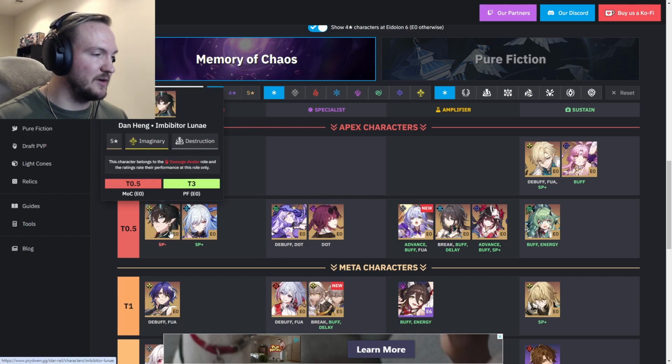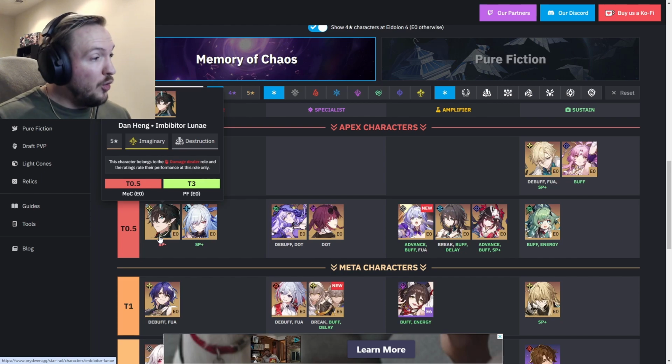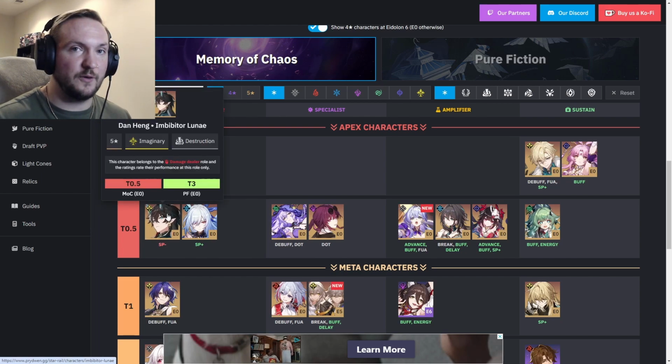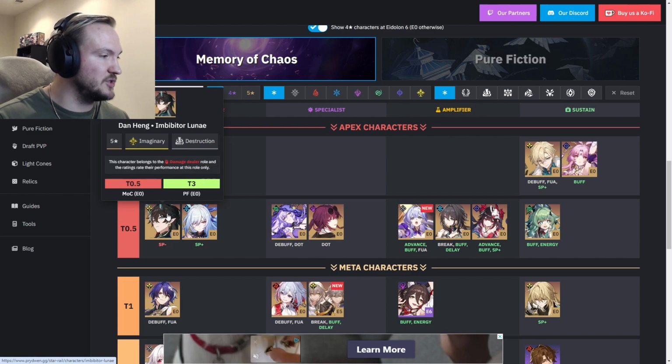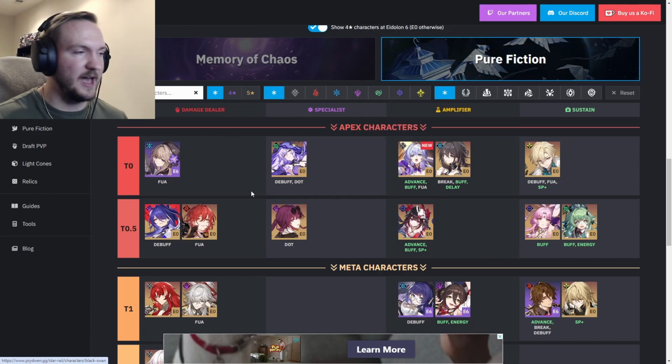Leading into that, let's go down here. Tier 0.5, you have the SP negative, extremely, on him in the DPS role. Ooh, and it also shows you what tier they are in Pure Fiction. You see how it has on the left MOC, and then tier 3 PF, so you don't have to keep switching. You can have the actual